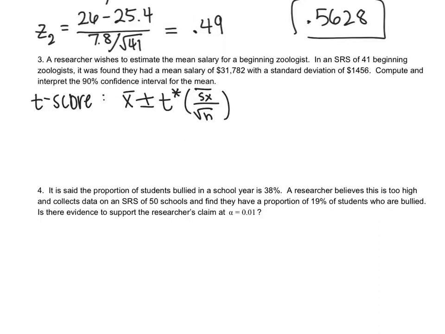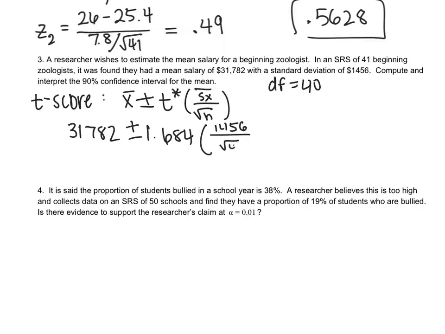It's important for when you identify your t-score, you do your degrees of freedom. So you have to do the n minus 1. So our degrees of freedom, 41 minus 1 is 40. So if I go to the 90% confidence along the bottom, and then find 40 for the degrees of freedom, that's going to give us our t-score. So x bar is going to be 31,782 plus or minus our t-score of 1.684 times the 1456 over square root 41,